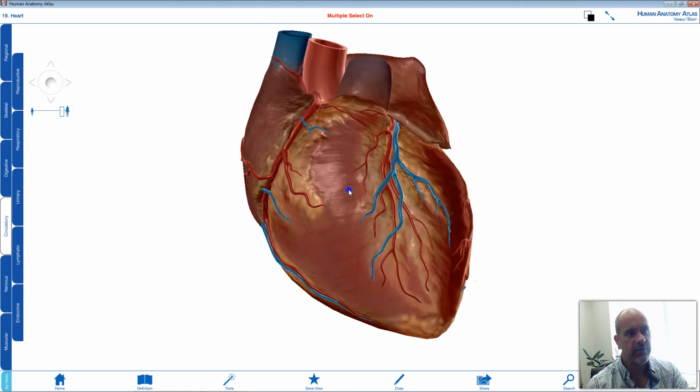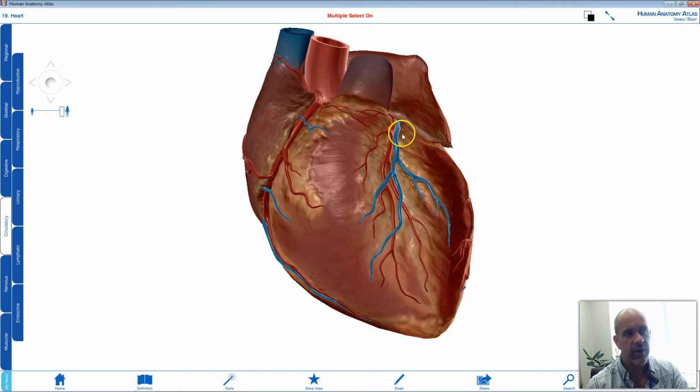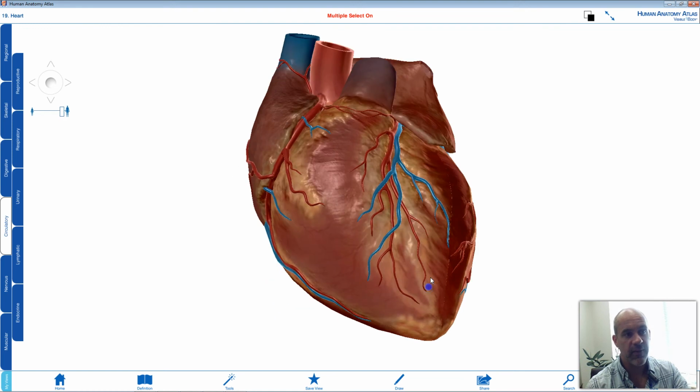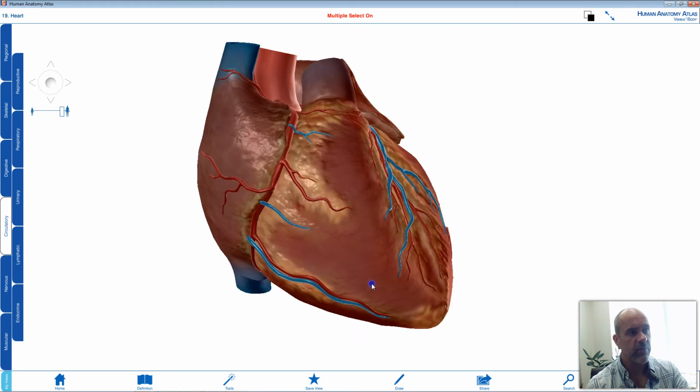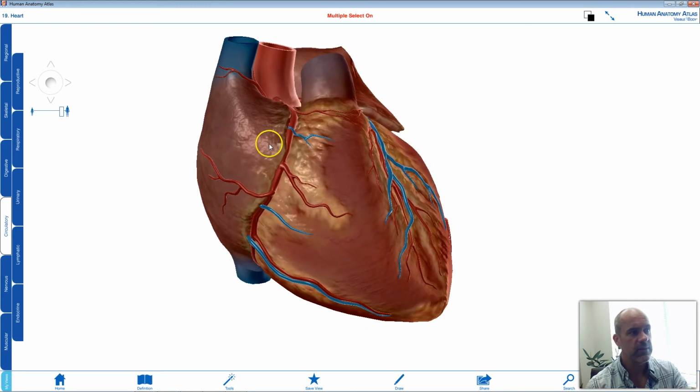And the way you can kind of see, if you're looking at an anterior view of the heart, you've got these big blood vessels running down this crease, more or less in the middle on the front side of the heart. That's your dividing line between the left side over here and the right side over here. If I rotate this around,